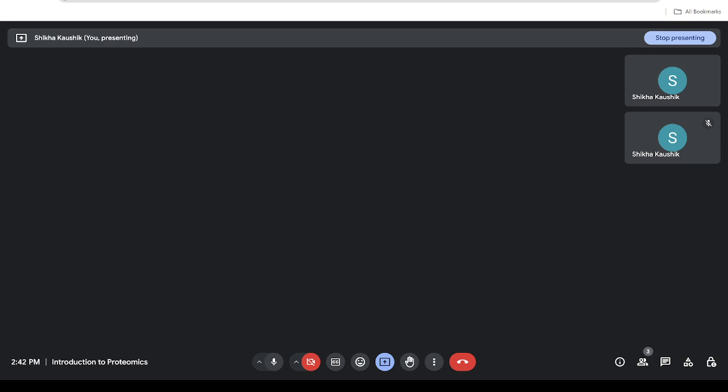So mass accuracy is basically what you observe minus what theoretically the mass could be, divided by expected. So basically it's observed minus expected, divided by expected, into 10 to the power 6. So that will give you the mass accuracy. It actually tells you how accurate your data is. So exact mass is this, the average mass that came experimentally is this, and that's how you come to mass accuracy. This actually helps you understand your resolution, how better your sample is being resolved,